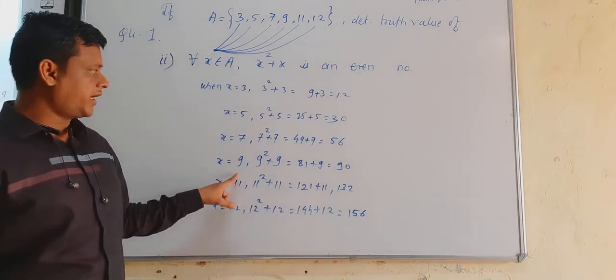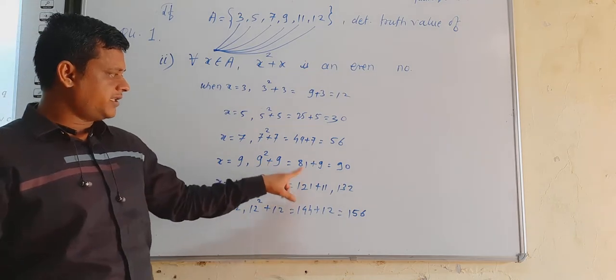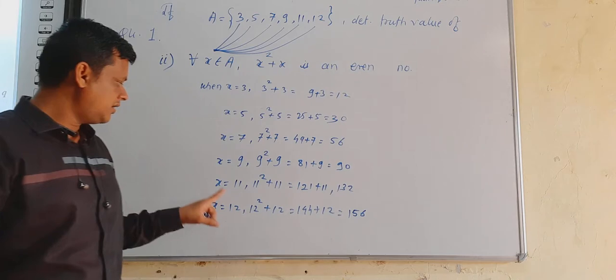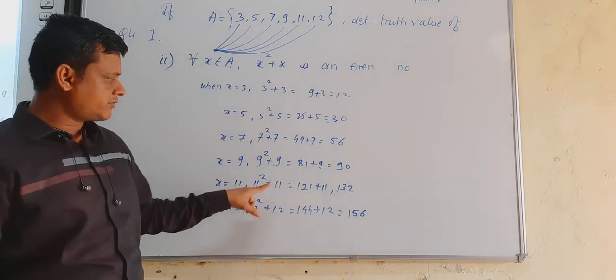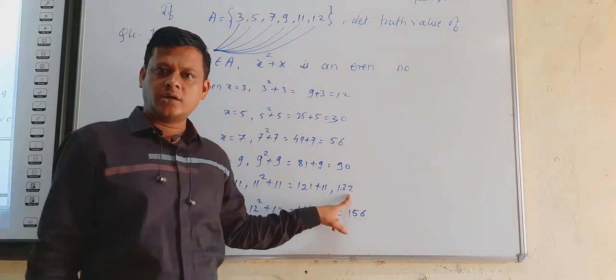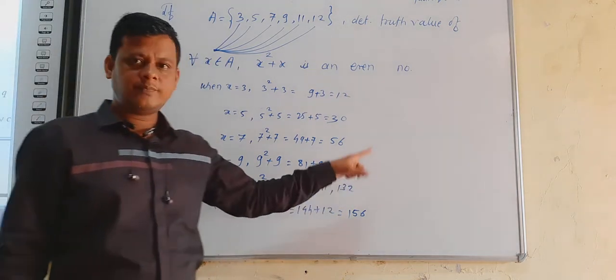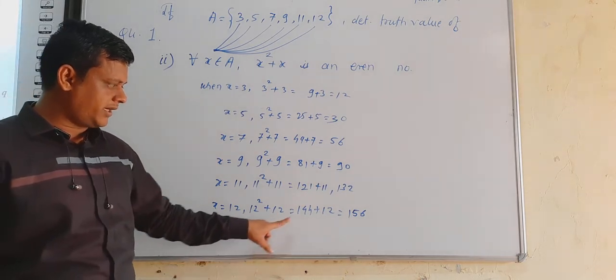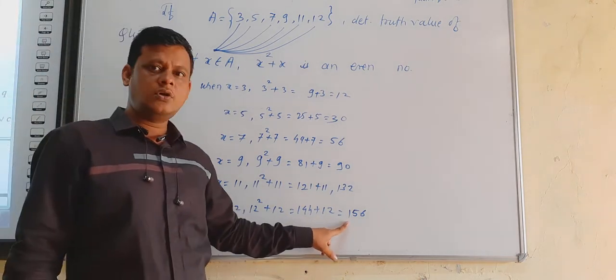X equals 9, 9 square plus 9, that is 81 plus 9 equals 90, an even number. X equals 11, 11 square plus 11, that is 121 plus 11 equals 132, which is again an even number. X equals 12, 12 square plus 12,